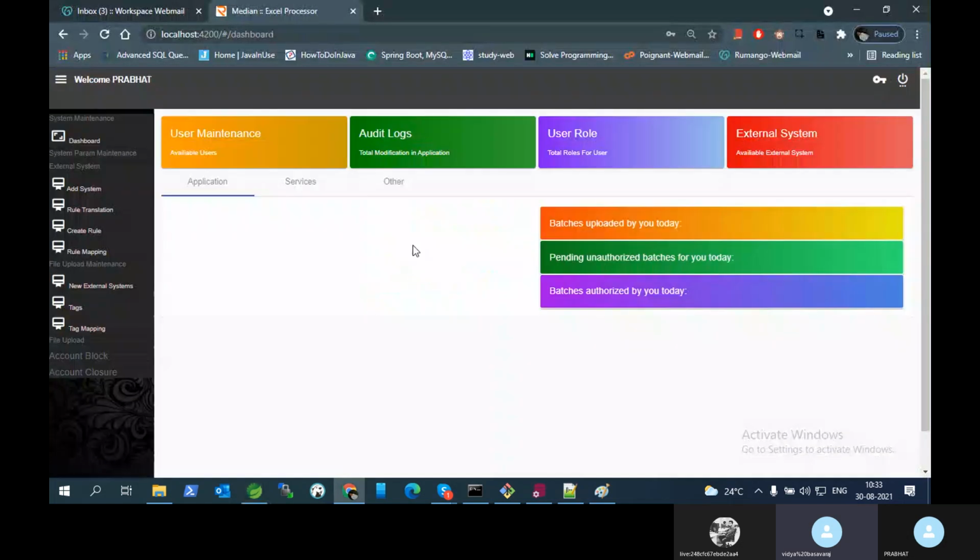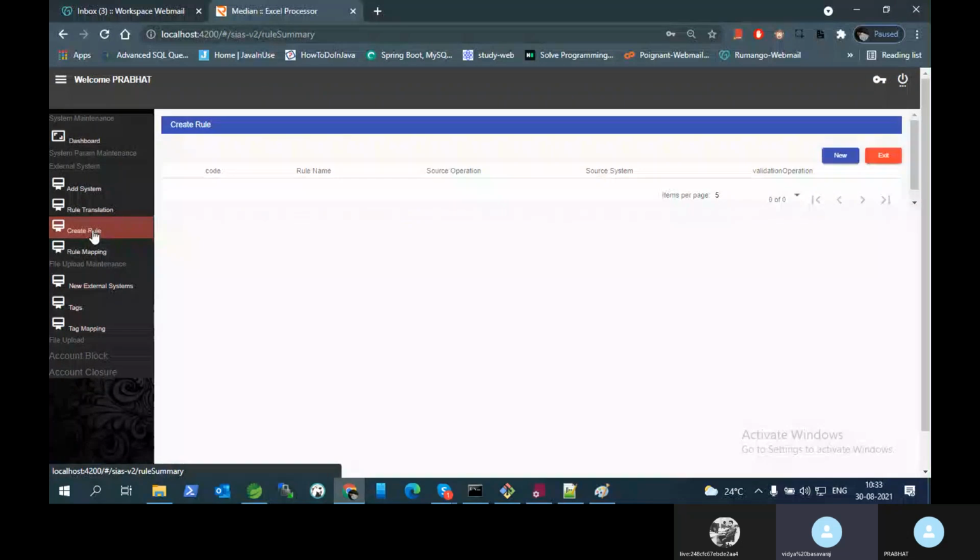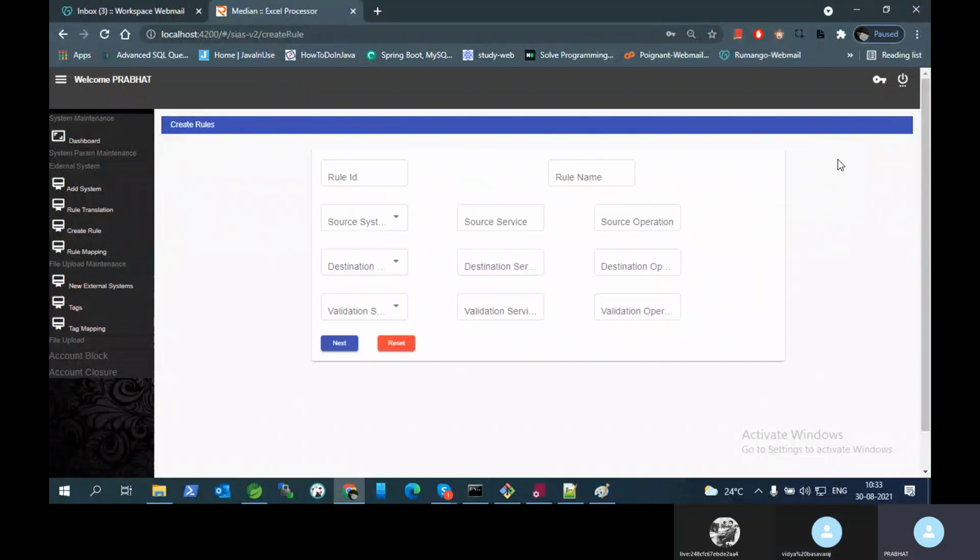Prabhat sir, here based on the source system we will not get records in create rule from the DB. From the UI level we need to maintain. No, from the DB only you will get, no? See here what you are selecting. Source system can be anything. The same systems will come in destination also, so destination also can be anything. Validation is also the same, it can be multiple, 2, 3, 4. Here only we have to decide.